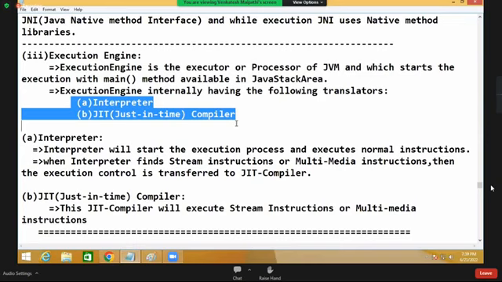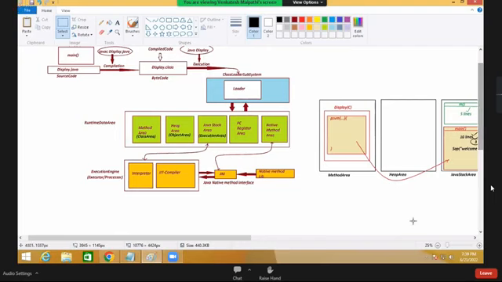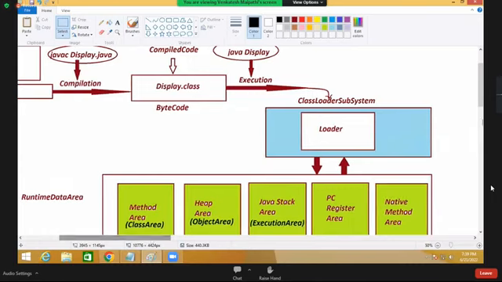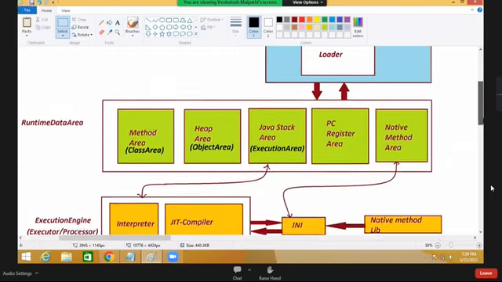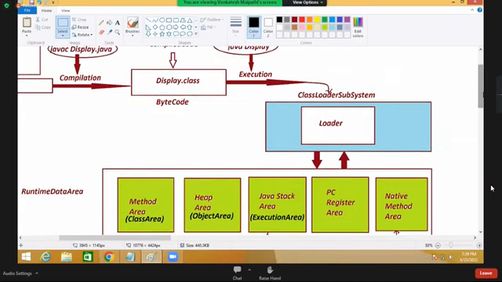Our bytecode will be executed on JVM. JVM stands for what now? Java Virtual Machine. This JVM has how many parts now, majorly? 3 parts. One is class loader subsystem, one is runtime data area, one is execution engine. That's the point. Now the class loader subsystem will take that bytecode and load it onto runtime data area using